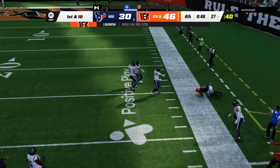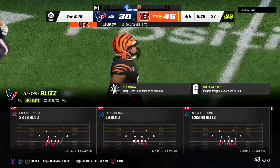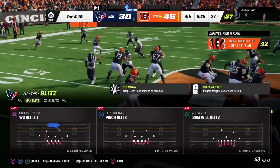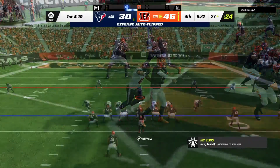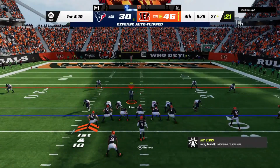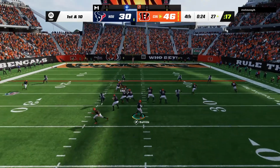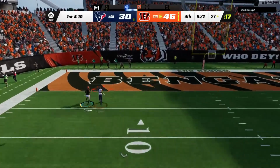And he'll go down, but not before getting this inside the 30. A big gain there, and that should certainly be enough to put this one in the win column. But when you're up by 2 scores in the 4th quarter and you're going to throw the football, expect to see a lot of man coverage, because usually what comes along with man coverage is pressure. So if you're a play caller and you want...